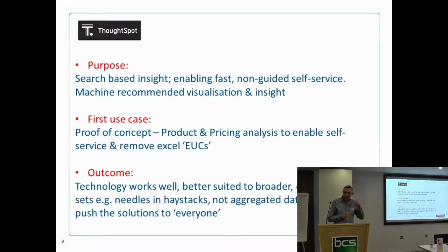So, it is an interesting tool, ThoughtSpot. It's an interesting proposition in that it's trying to do data visualization in a different way than I've seen from some of the other software vendors. It's basically a search. I don't know if they still use the tagline, but it's all about Google for Business. Everybody knows how to type some words about their business, and what they'd like is the answer served back to them. And that really helps speed up the time to decision making,